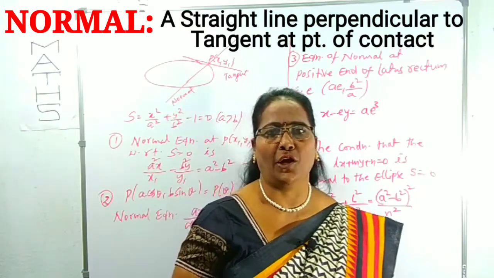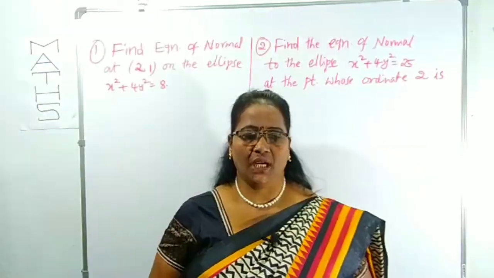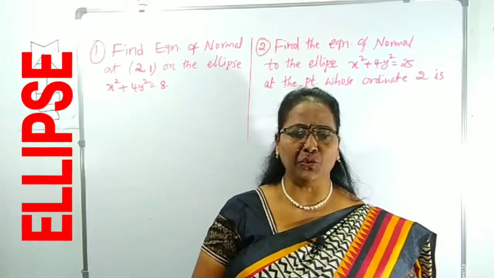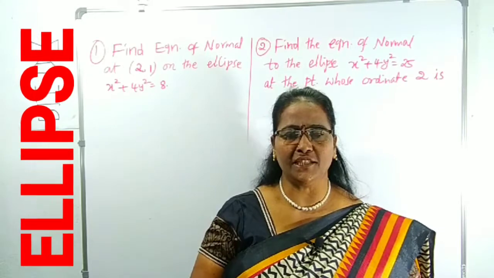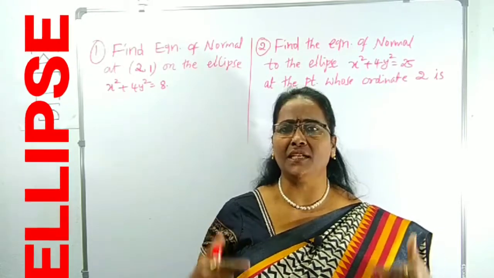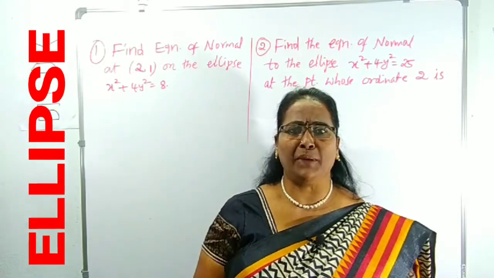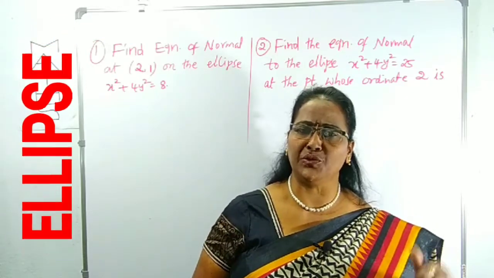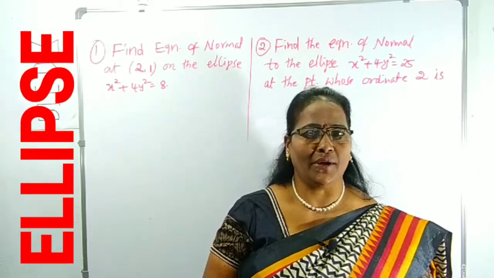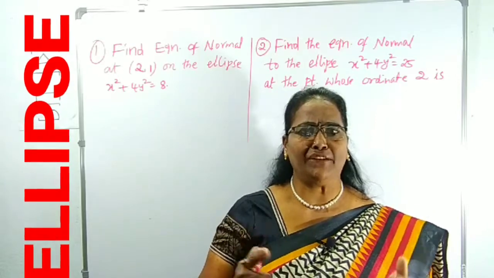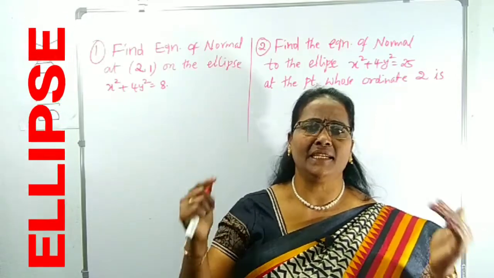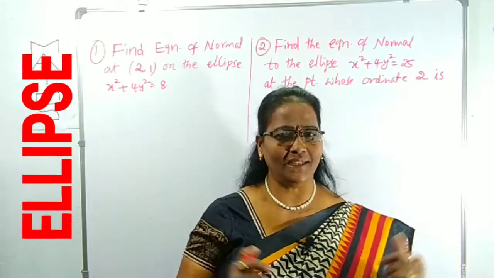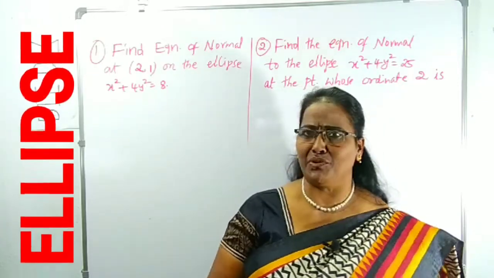Clear? Now we can start the questions. You know what are the equations of normals, various forms are given to you, and what is the normal chord condition? Just you can refer them easily. So those we can apply for the questions. Quickly we can solve the solutions by using those tips and tricks. Okay, we can read the question carefully sentence by sentence. According to the given data, you have to choose tips and tricks. Clear? Now I can come to question number 1.